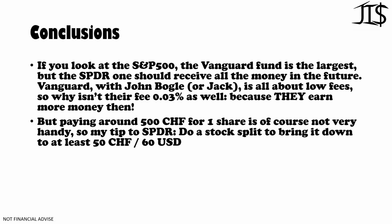But paying around 500 Swiss francs for one share is of course not very handy, especially for starting investors. So my tip to State Street would be to do a stock split of the SPY 5 ETF and bring the price of the ETF down to at least 50 Swiss francs, even better 25 Swiss francs. And that would mean that in US dollar it's 60 or 30 US dollars. In that way, you have younger investors that can only put aside 100 Swiss francs every month. Then they would be able to buy 2 shares